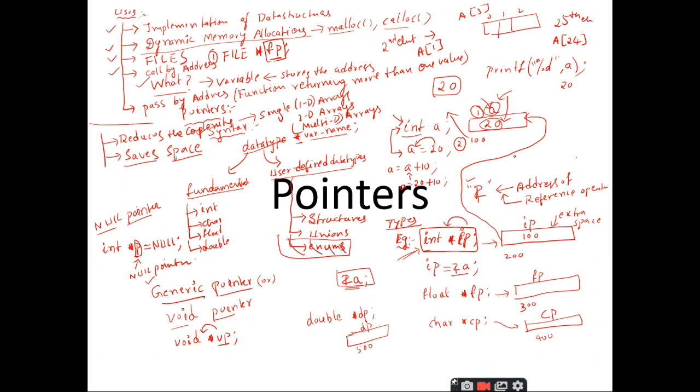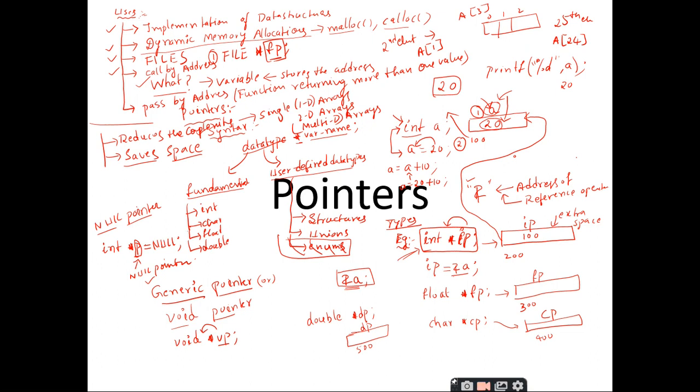Similarly, when you are dealing with files, you will be creating the file pointer as the first step of dealing with the files, right? So this is the place where you can make use of the pointers. Similarly, in call by address or pass by address, one of the parameter passing mechanisms, you will make use of the pointers.